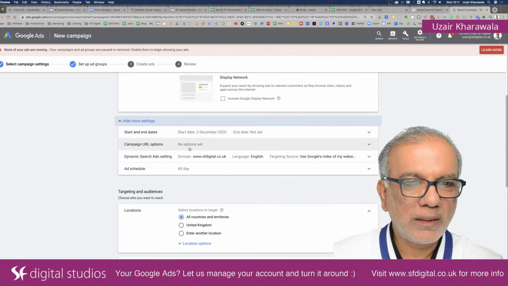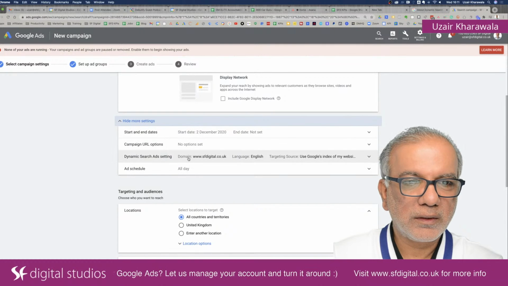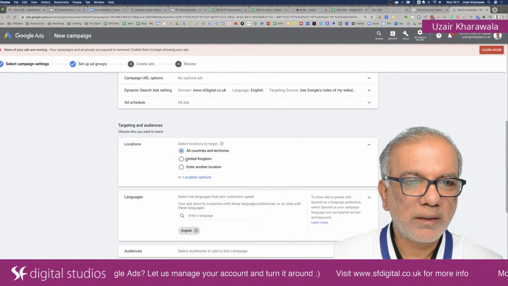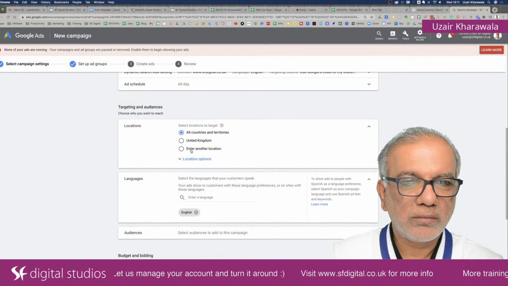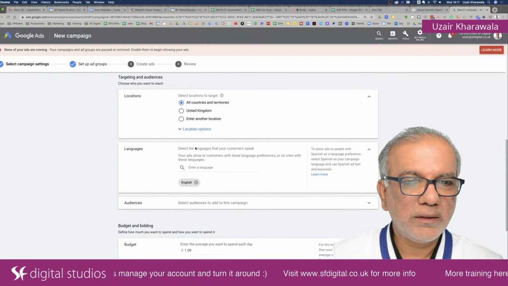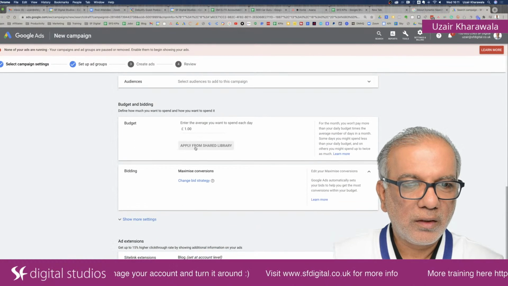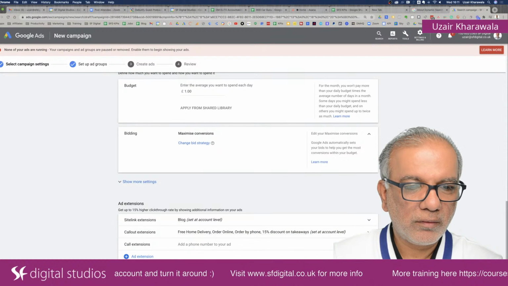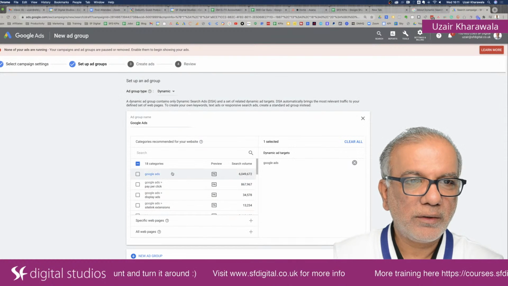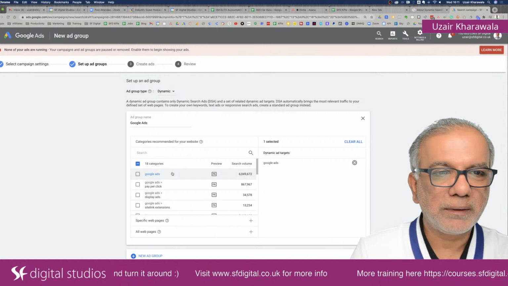You can go in there and change all the settings here and change your locations if you want. I don't want to spend a lot of time over here. This is fairly straightforward, right? Go save, continue, and this is where the magic happens.